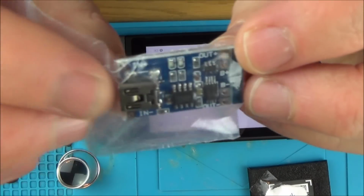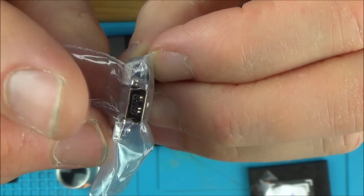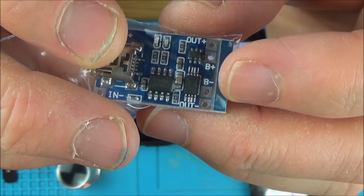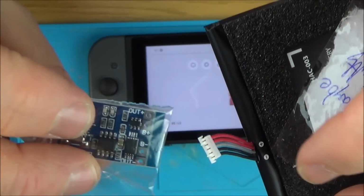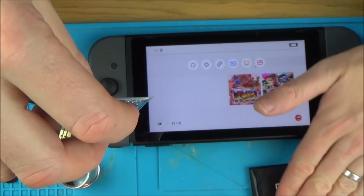So what I did is I bought one of these off eBay. I haven't tested it out yet, but it's a mini USB in, and then can you see it's out plus, out minus. I need to read up about it because I don't know what B plus and B minus is. But if I can rig up something where I can get the wires from here to go to the red and the black one, if I can get a charge into this, I personally think that this battery probably will